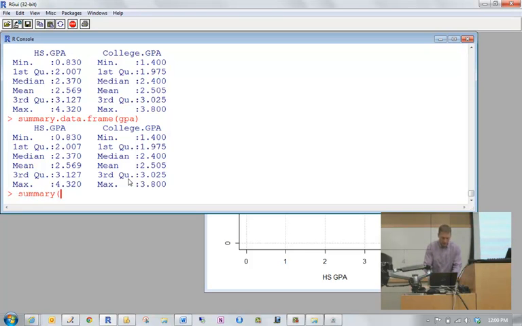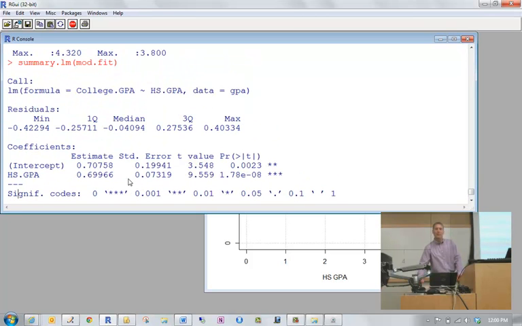In a similar manner, when I say summary mod.fit, R first checks what's the class of mod.fit: lm. It then immediately checks, is there a function called summary.lm? Yes, there is. And we get the same output that we saw before. Since we often want to use the same kinds of tools when we do a data analysis, such as summarizing some information, the summary function allows you to not remember summary.data.frame, summary.lm, and just use